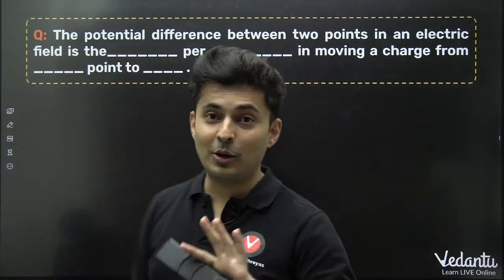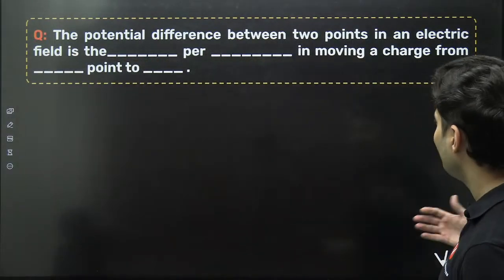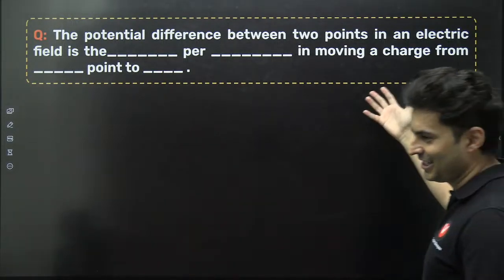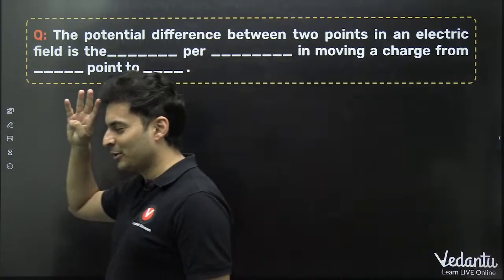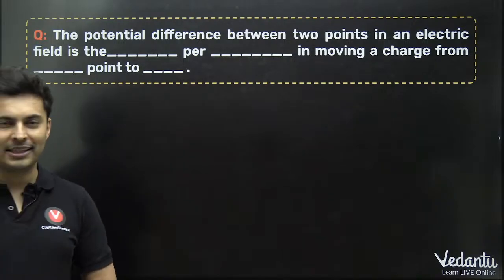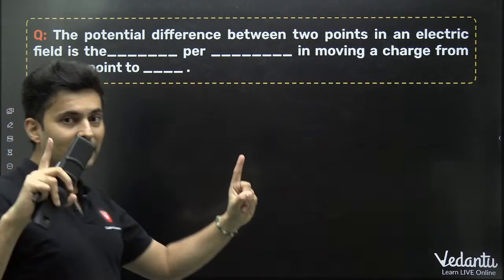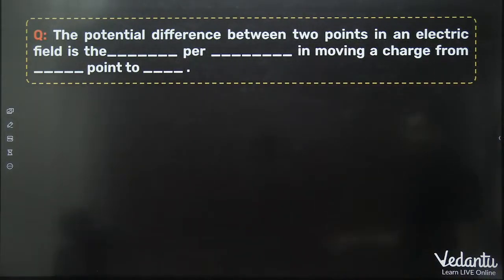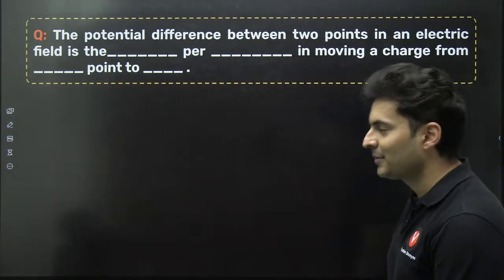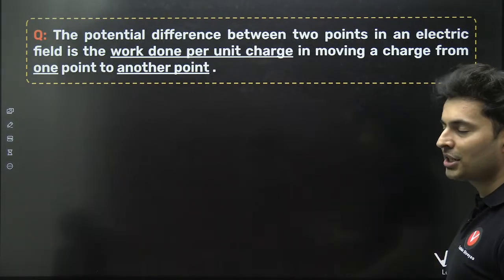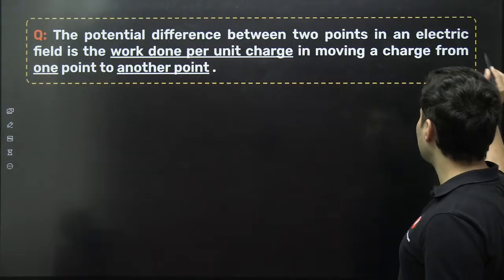The potential. There are a lot of fill in the blanks here. The potential difference between 2 points in an electric field is the dash per dash in moving a charge from dash to dash. Okay, 4 fill in the blanks. How many of you are going to get all of them? Come on. Think about it. Yes, the potential difference is the work done per unit charge, in moving the charge from one point to another,